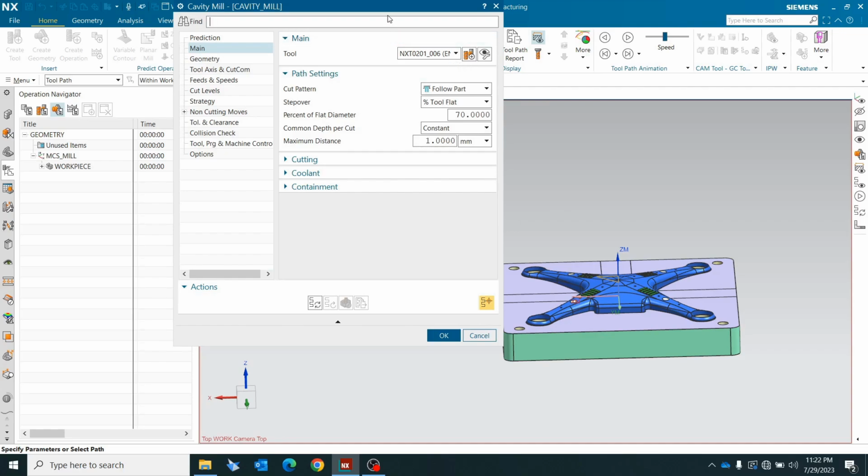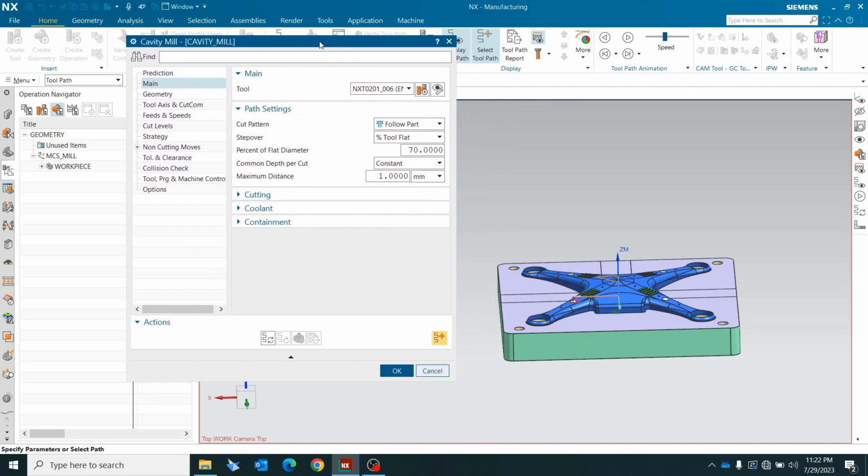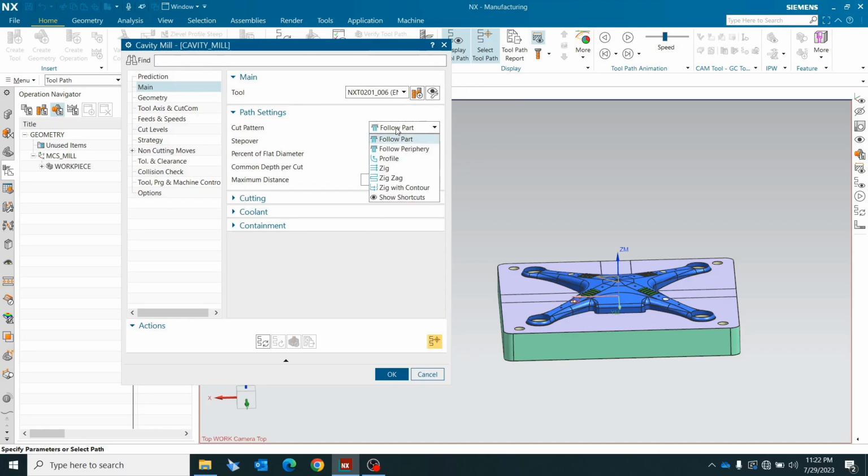When I select here, I can select a different cut pattern according to the requirement. For roughing, you have to keep follow part or follow periphery option, either of them. So I am taking the follow periphery option. As you know, follow periphery indicates a round movement in a square section, and it will come towards the center. Otherwise, it will start in the center and end with the sideways. Stepover is nothing but after your one single pass, for the second pass, how much value you have to shift